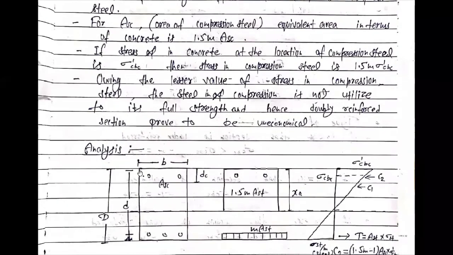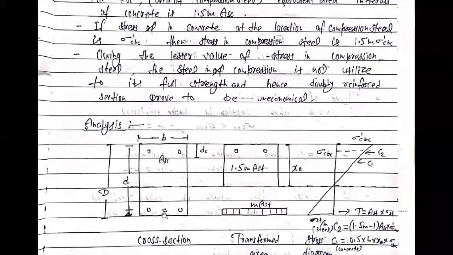So we'll start with the analysis part. Again, same thing, but here we can see this is AST, area of steel under tension, but in a doubly reinforced beam, we provide bars on the compression side also. So this is area of steel under compression, which is denoted by ASC. This is the cross section. Again, same notations. Small d, and from this whole depth is capital D. This is small b.